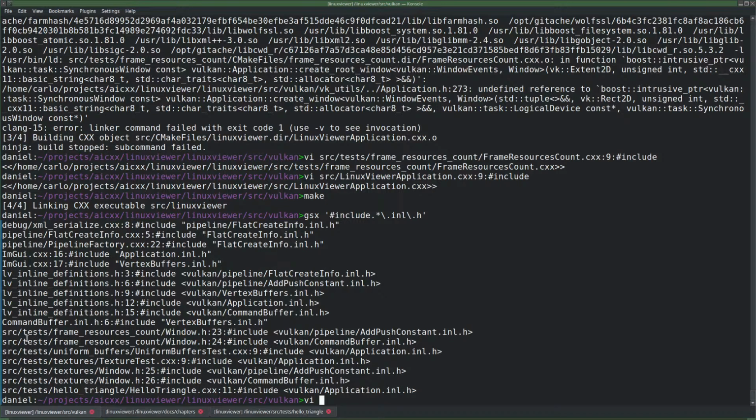So these are really tests that are like, yeah, well, no, not really. Maybe I should not put hello triangle in tests, because it's not a test, it's an example.